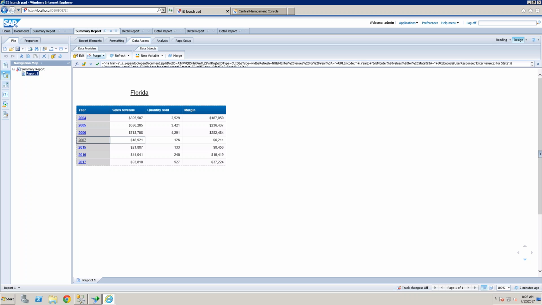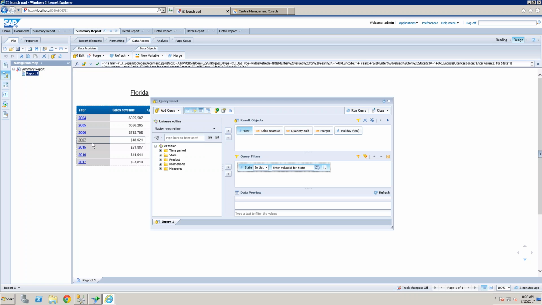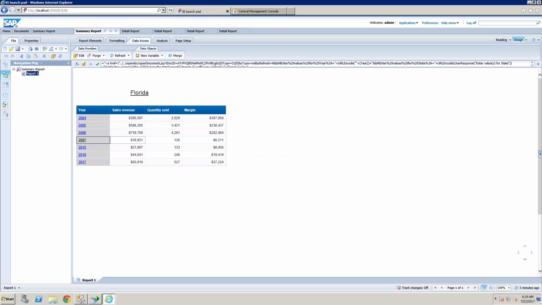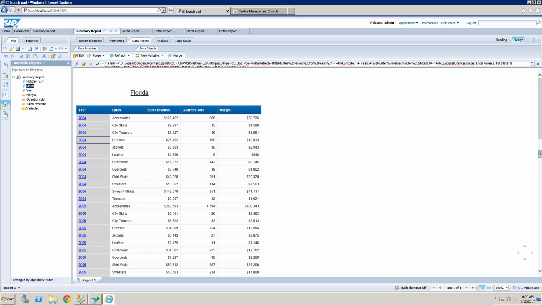And now I'm trying to modify this query and add a product. I'm just trying to bring the product data into the query. Now I want to link revenue with a detailed report.